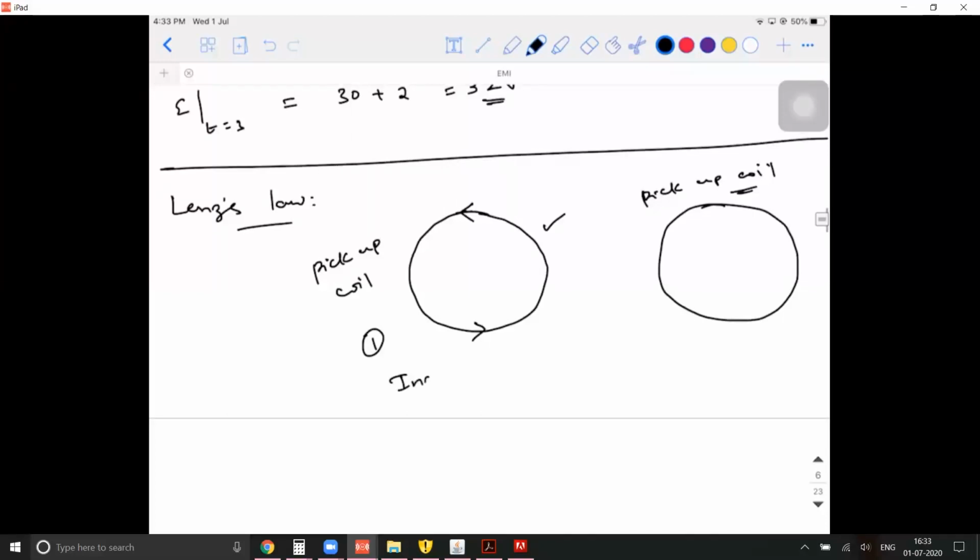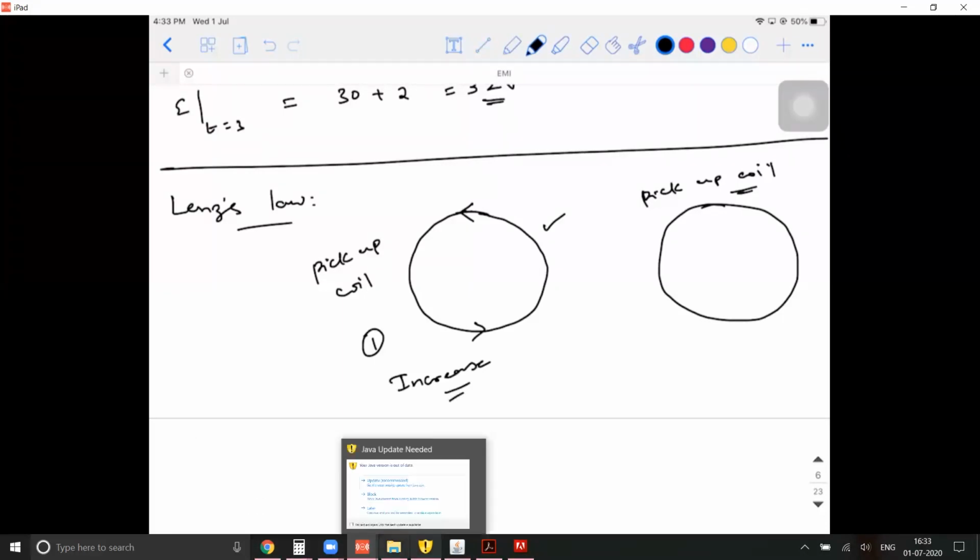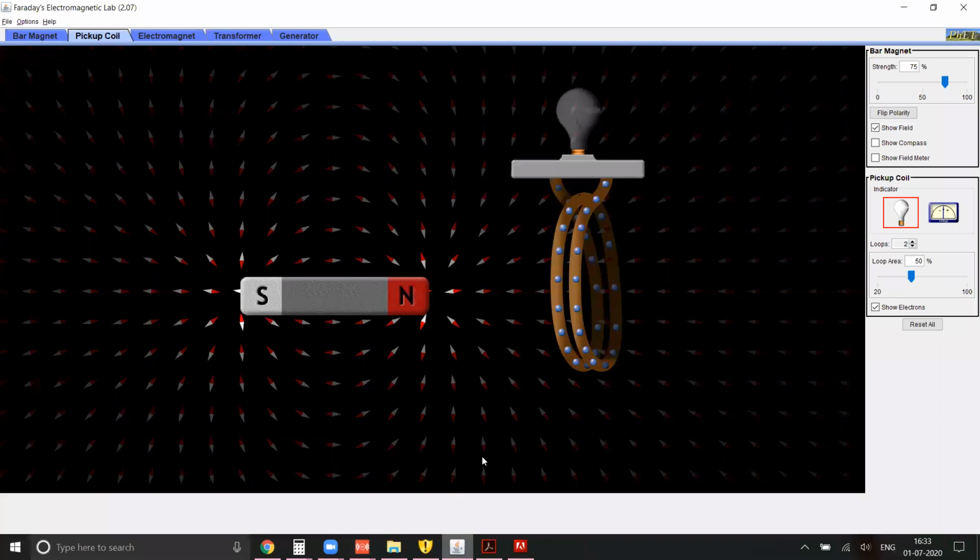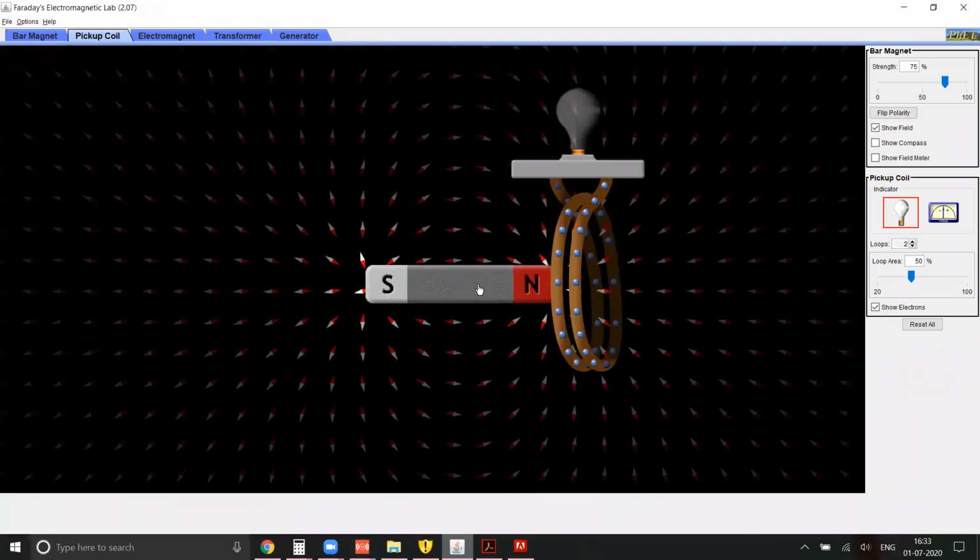Here you try to increase the flux. The simulation which we did is telling me that the current will get generated in the anti-clockwise direction. That is, when I try to increase the flux, the current is going to get generated in anti-clockwise direction, provided the north pole is moving towards it. Right? Now you place the pen on the paper with the nib on the paper. That is, the north pole is here. Now I'm moving the magnet away from you.